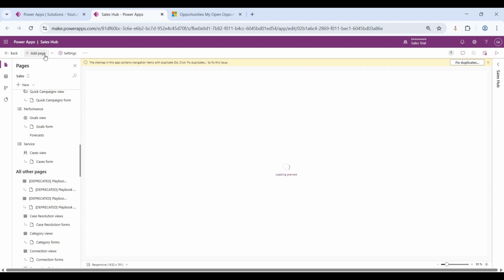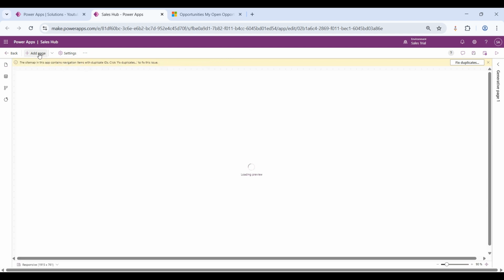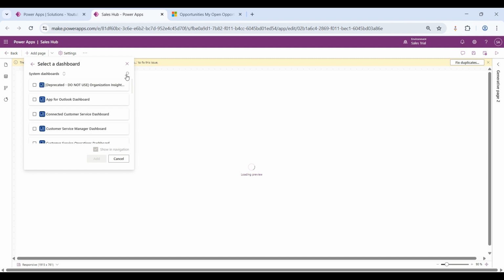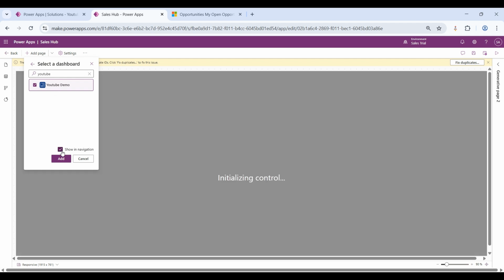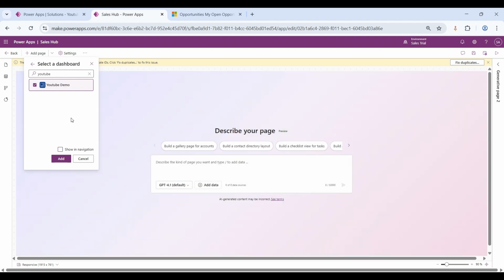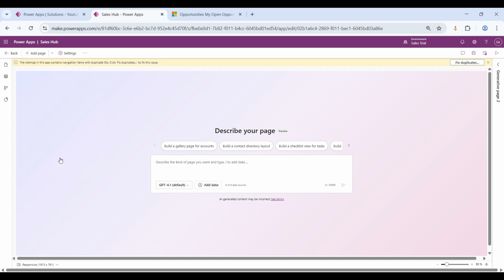Okay, from the app designer, we need to click on add page, and then dashboard. Here I will search for the new dashboard that we have created. Once the dashboard is selected, we can just uncheck this option show in navigation, because we don't need to add this dashboard into the navigation. Instead it will show under the dashboards. I will click on add,